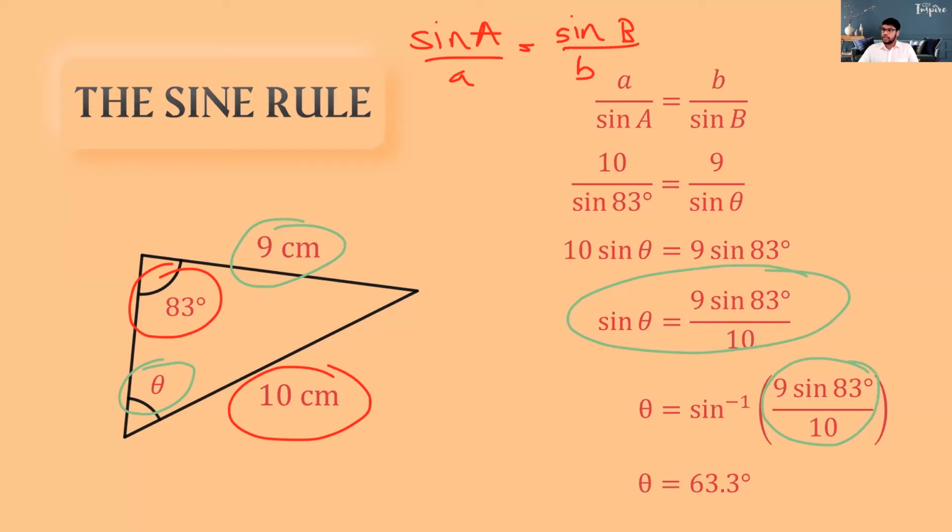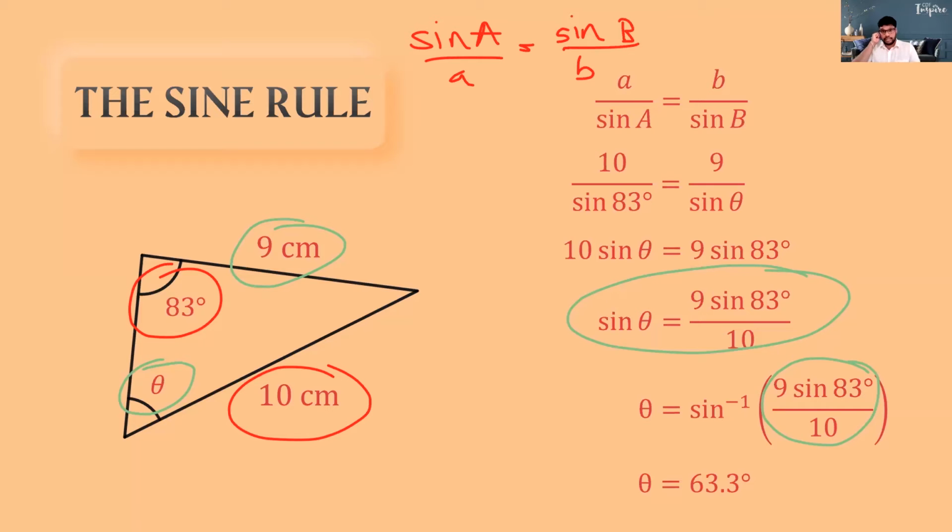I have a good question from Netmi Dua. She's asking, how do you know which side is A, B and C? It's a good question, Dua. The answer is, it doesn't matter. Just take the side divided by the sine of the opposite side. That's it. You don't have to decide this is going to be A, this is going to be B, this is C. It doesn't matter. In the explanation we are just taking A and B.